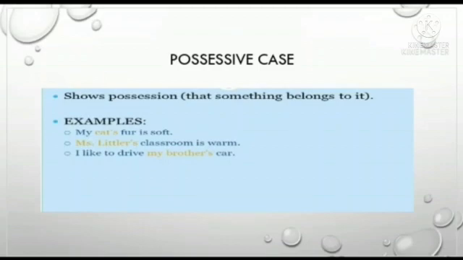We add apostrophe s at the end of the noun to show that something or someone belongs to it. For example, if it is written the house of Rama, when we use the possessive case, we will write down Rama's house.